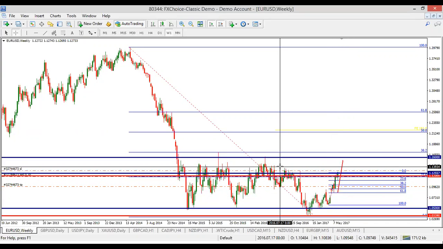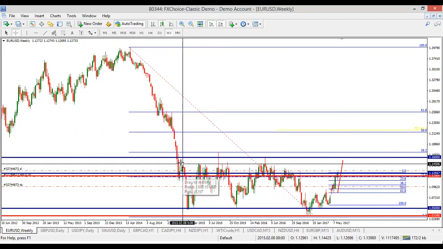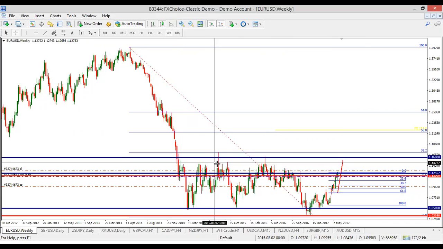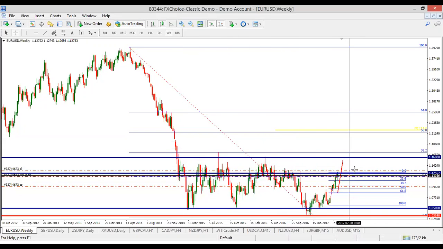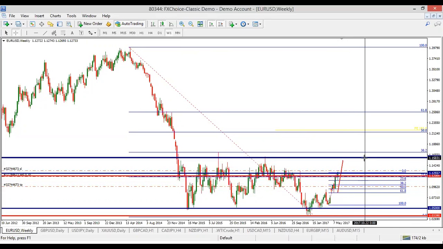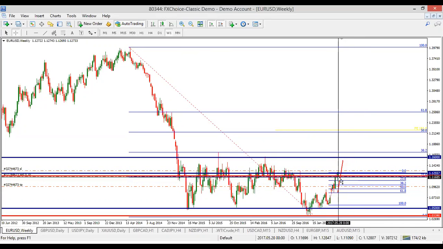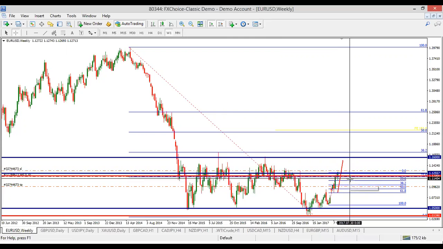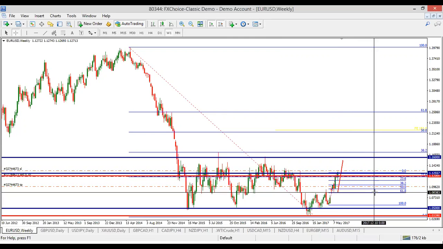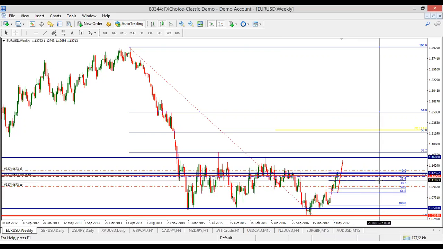We have been in this level between 2015 till now. We have gotten first, second attempt. The third attempt is hanging by because we were able to break 1.13. Either it gives us the movement up or it retraces to give us 50 or 61%, about 1.08 or so. All these are